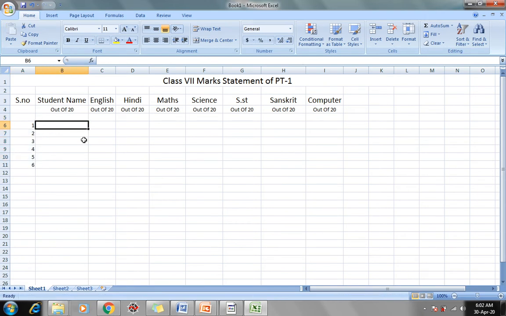First we will take data of 6 students. Deepak.